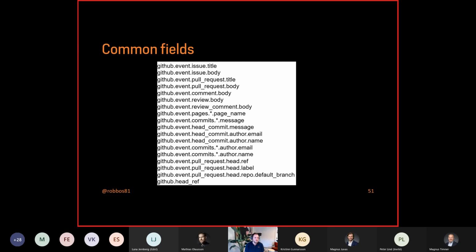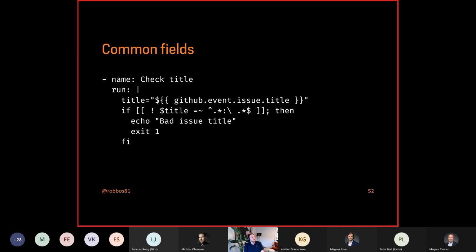An example of this is a small piece of YAML where I'm using the GitHub issue title inside of my workflow. And I'm running that with double quotes on a shell script and trying to do something. Well, if I now add a double quote in my issue title, all of a sudden my title will be A. And the shell command is being interpreted and it echoes now test out into my logs. So I've already broken out of a boundary and can do something freely on the place where the workflow is being run.